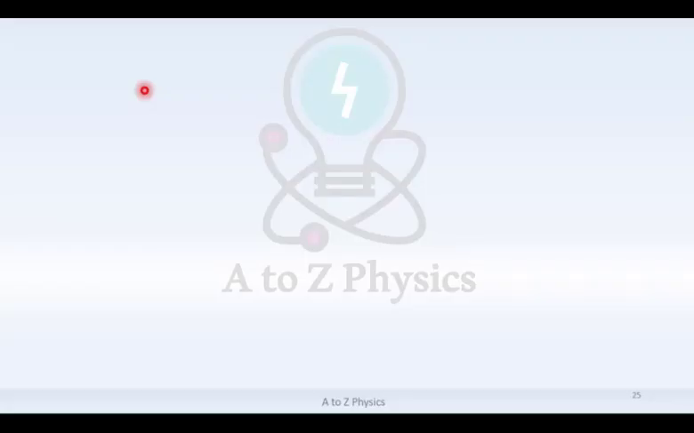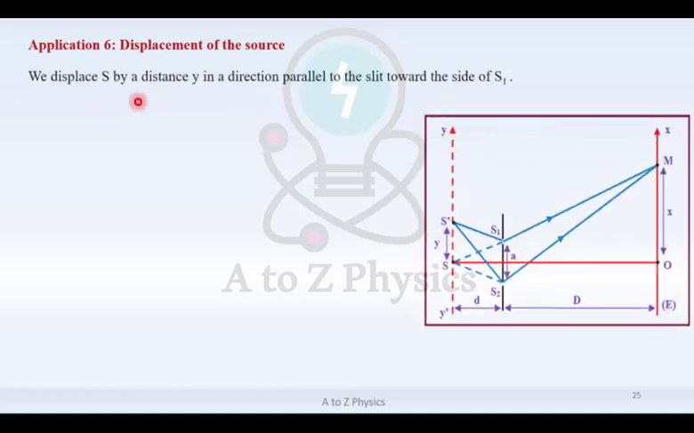This starts with the application number 6. Application number 6 studies what happens when we move the source vertically. We displace S by a distance y in a direction parallel to the slit to the side of S1 as we see in the picture. First question, show that the new optical path difference at M is delta prime equal ay over small d plus